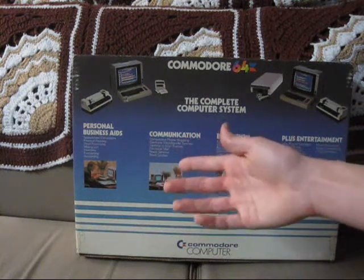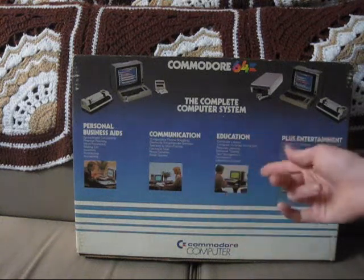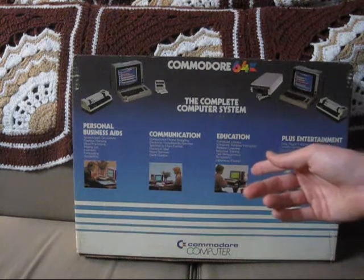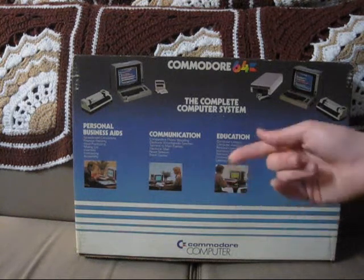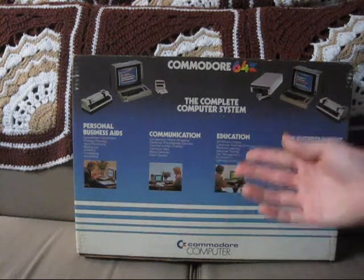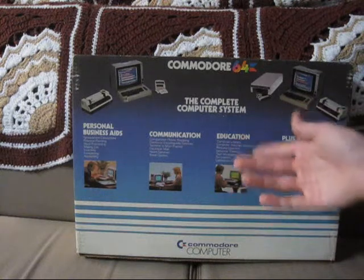Yet again, a modem for this thing in 2013 would be pointless, but still kind of neat. Education: a lot of these Commodore computers were in schools, with different learning programs and math calculation type things and science programs, all that kind of stuff. You could also teach BASIC in schools back in the day, so this is a very good computer